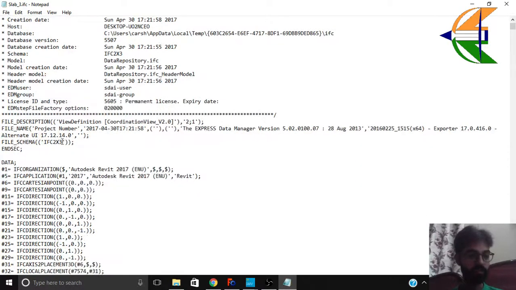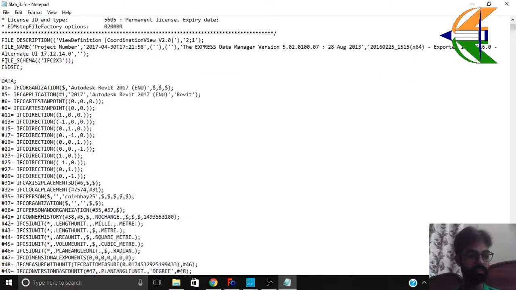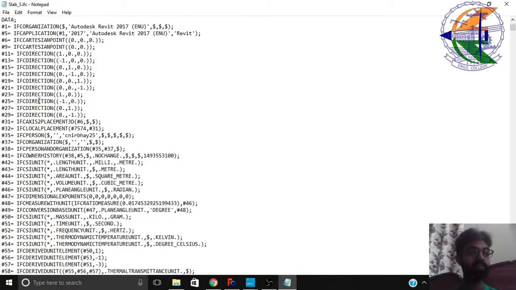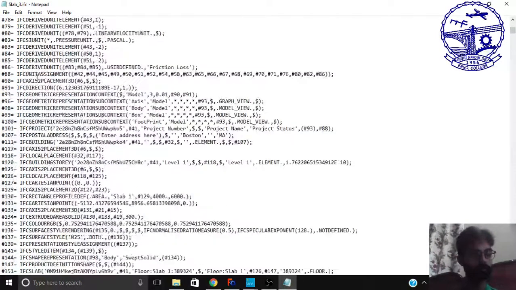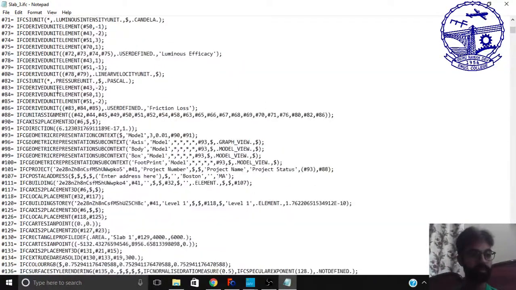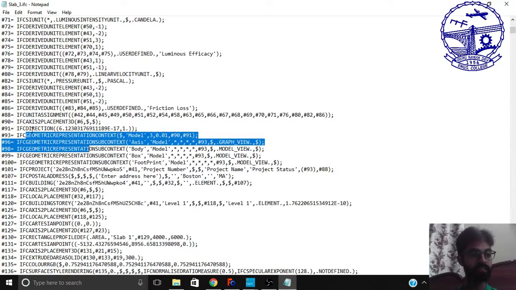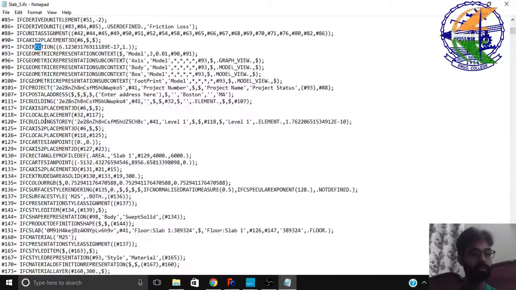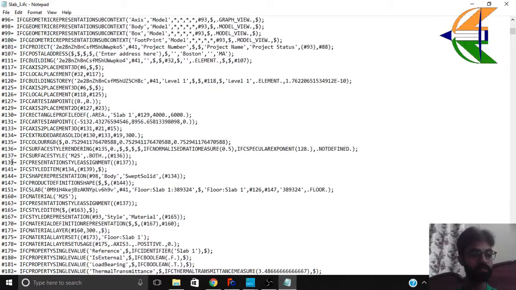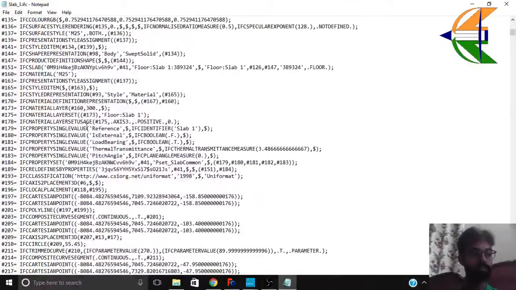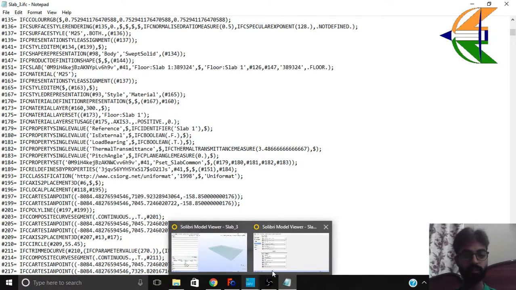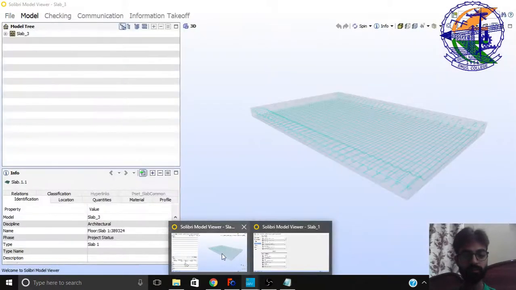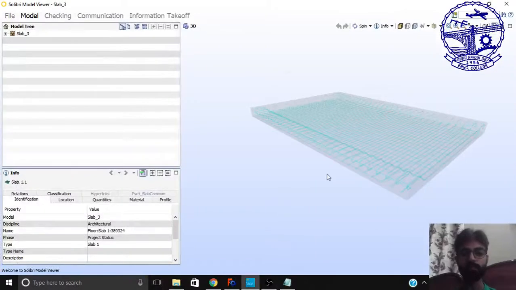Now here the main game starts, where you can see all the different types of entities defined, or I should say exported, like the units, the representation text, the directions, then the coordinates, local placement, and surface styles. So at once you can say the majority of things are exported. I can show you one example here that I opened in Solibri. You see it's a slab